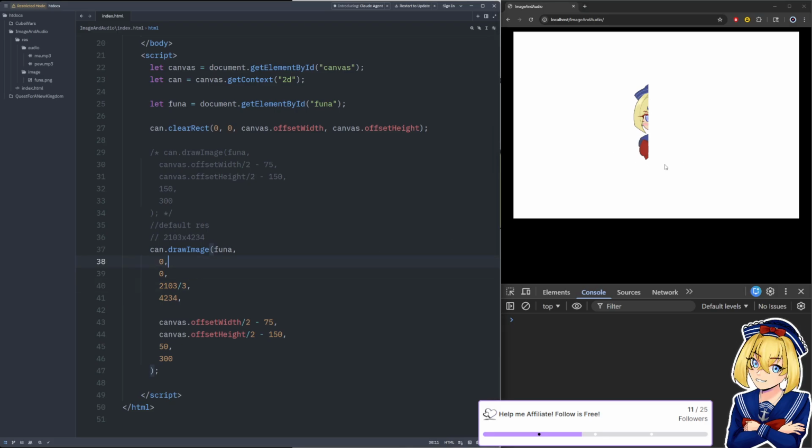And then if we want to go to the next third, here we can do 2103 divided by 3, because we want to move into the image a third before we cut out our third. So if we refresh now, we see the center of the image, because that's the second third, right?